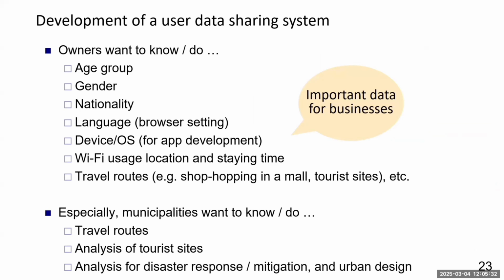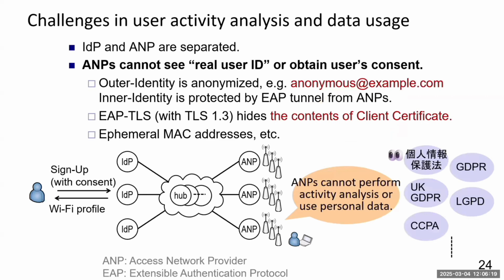So we need a business model for this, actually, and someone needs to pay for the access points deployment and then, of course, the network usage. And the owners want to know some user attributes like age group, gender, nationality, language. But we cannot collect this kind of information without user's consent. So, especially for municipalities, they want to know travel routes, analysis of tourist sites, and they want to analyze the disaster response and the mitigation, and of course the urban design is very important. But of course, this information is not so easy to collect, or we may not use the information without user's